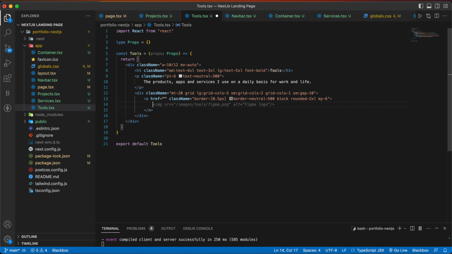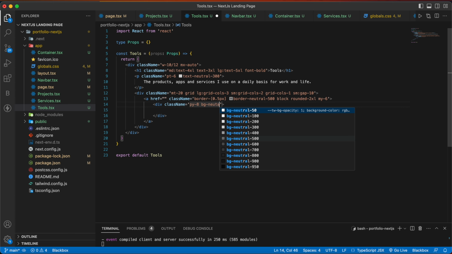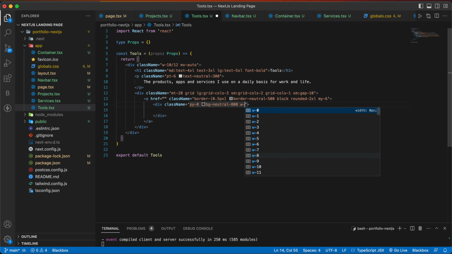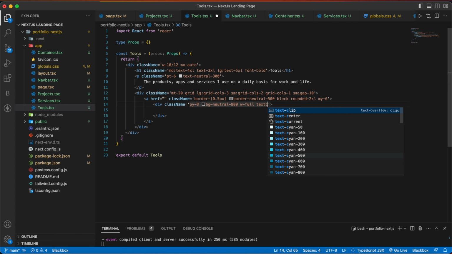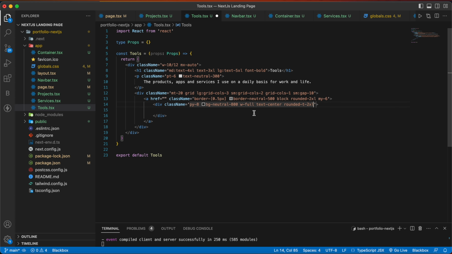Inside the anchor tag we are going to have a div with the class name of py-8, bg-neutral-500, w-full, text-center, rounded-t-xl, and inside this we are going to have our image.